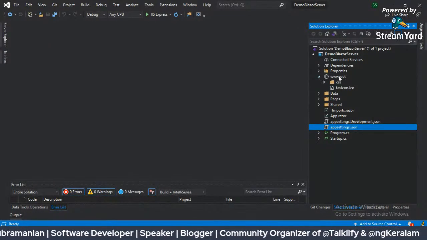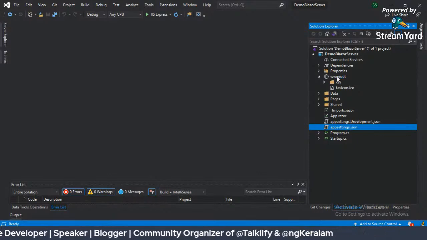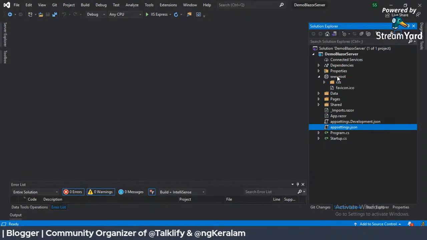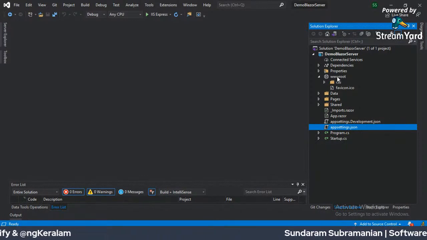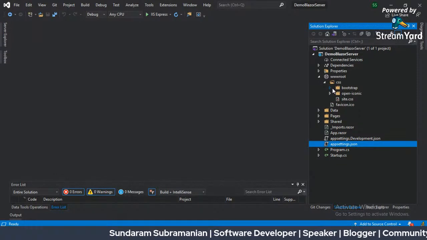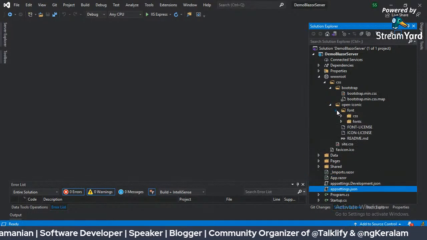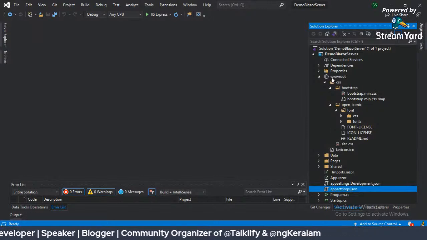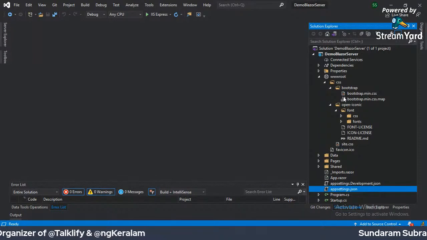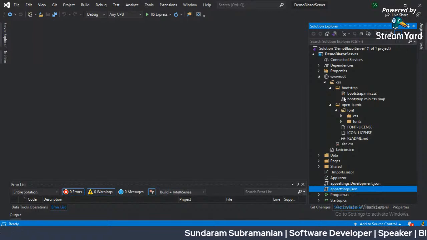This is something similar for both WebAssembly and server applications. This folder contains the static files like images, tiles, etc. Everything will be stored in this folder. So this folder contains the static files. This is the overview of the